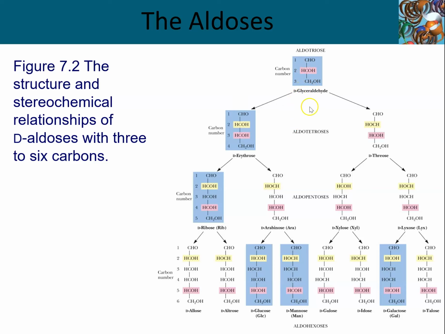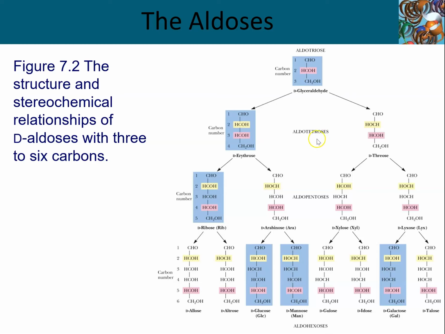And then if we add another carbon to the chain, and we get 4 carbons here and 4 carbons here, we have the ability to add another stereocenter based on the orientation of the hydroxyl group on that new carbon. So the new carbon being highlighted in yellow, in this case, the hydroxyl group is off to the right, and in this case, it's off to the left. And that's going to make 2 new compounds versus 1 new compound. This will be D-erythrose, and then we'll have D-threose over on this side. And those will be our aldotetroses.